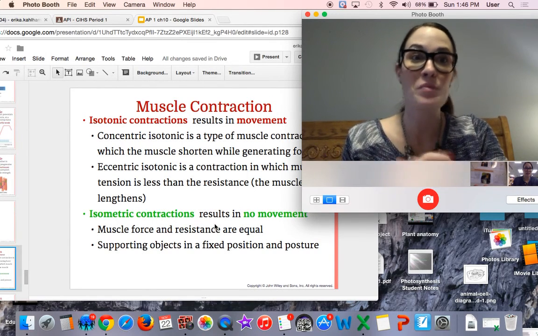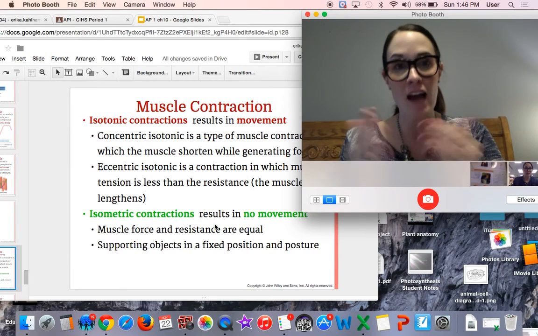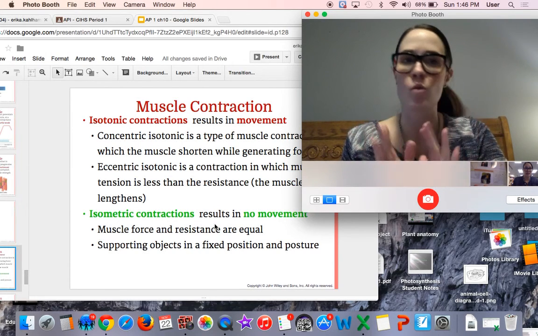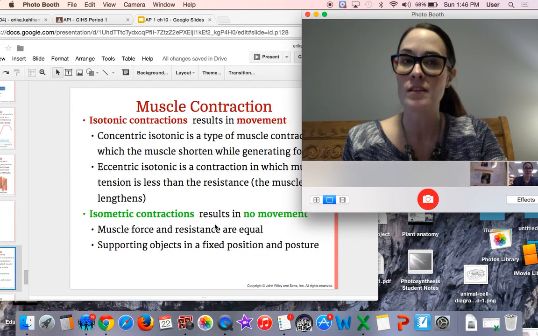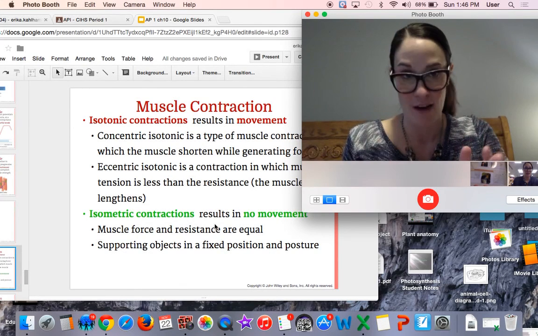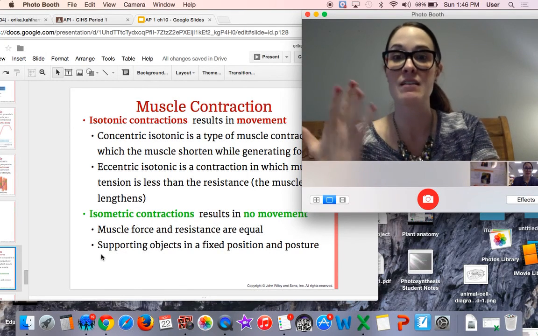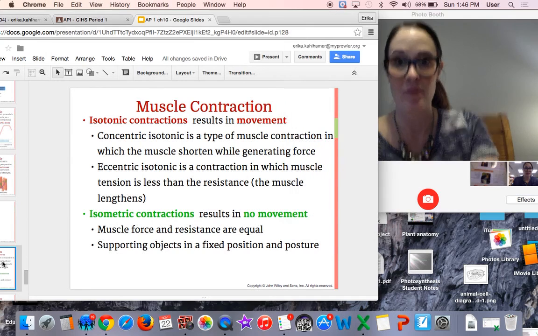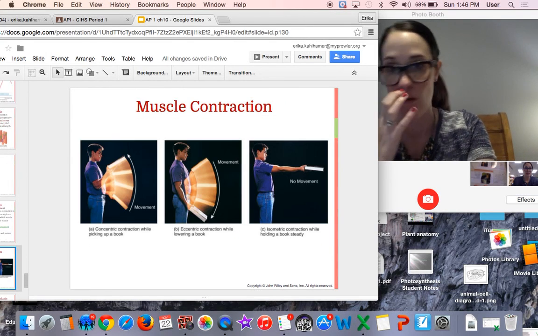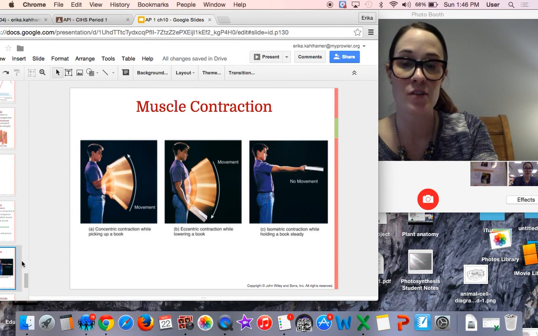An example would be a wall sit. Or if I got up right now and pushed my hands against the wall, trying to move the wall, of course, I would not be moving anything, including my muscles, but guarantee it would be a workout. My muscles would be contracting during that period of time, but the force and the resistance are equal, so that's why there's no movement. This is a great image that goes over concentric contraction, eccentric, and then